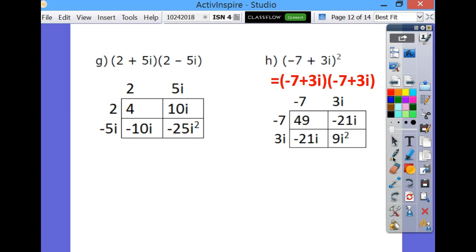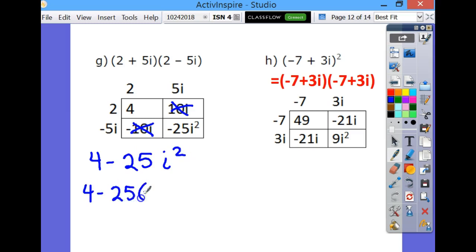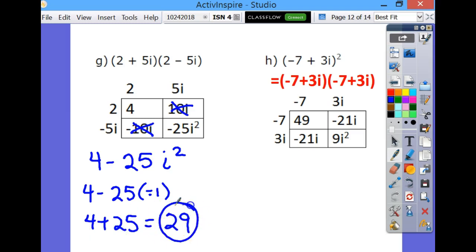That's okay too. Either multiply it with a box problem or FOIL. The 10s cancel out, so I have 4 minus 25i squared. What is i squared equal to? Negative times a negative makes a positive 25, and so the final answer is